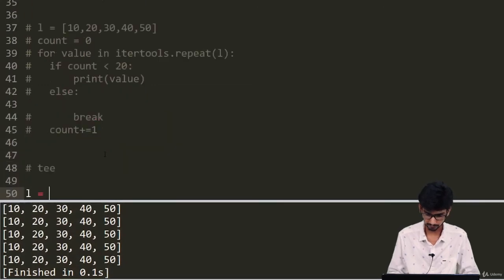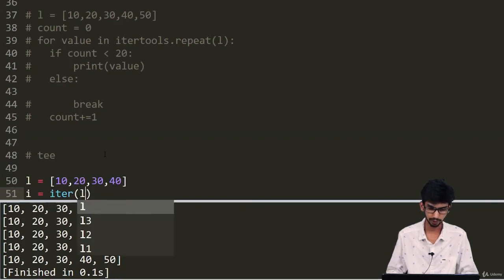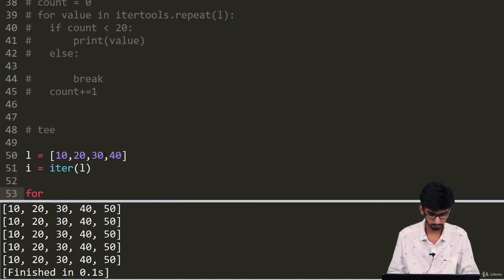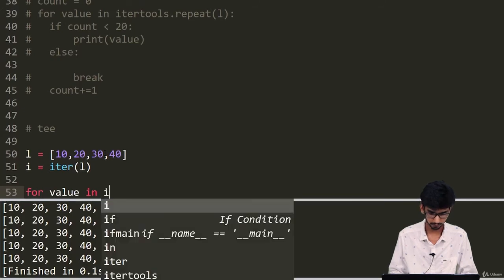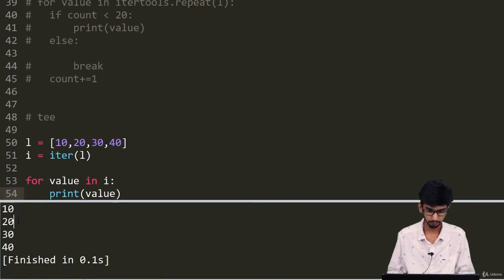Let's say you are creating an iterator over the list 10, 20, 30 and 40. I'm creating an iterator over this list using the iter method. Now I write for value in this I and print the value. So I printed all the values from the iterator.